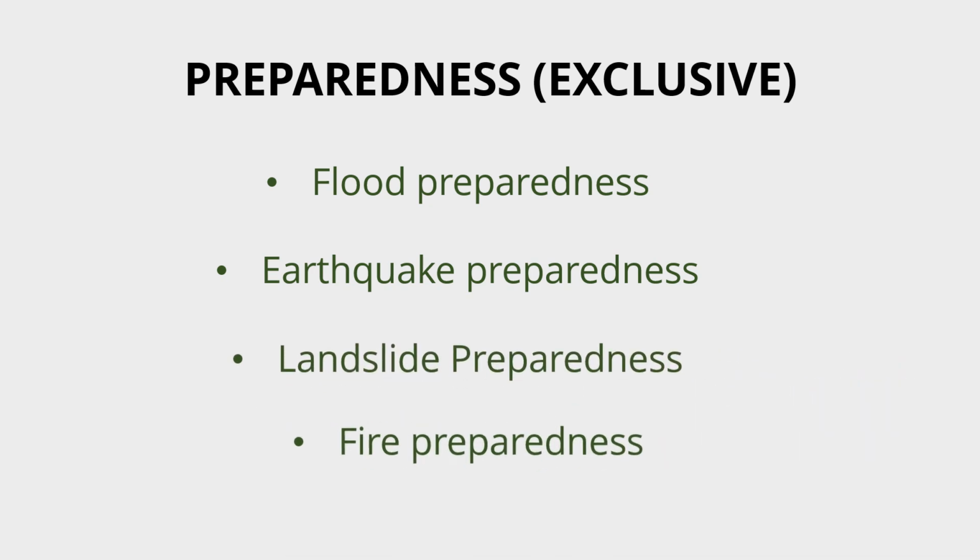And there are some activities that are exclusive to a certain type of hazard. For example, flood preparedness. You need to have shelter in place. You need to have a risk map. You need to have an early warning system in place to warn of the incoming flood. And you need to have an understanding of the vulnerable groups, such as the elderly, the young, and the disabled, and how to help them evacuate during a flood event. The same applies for earthquake, landslide, and fire. There are very unique activities and preparedness measures that specifically address those hazards.